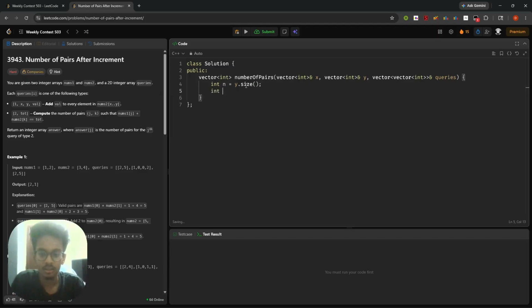And let's say b is the square root of n, and we take an extra +1 because the size should be slightly greater. Let's take it this way, square root of n +1. Okay, fine. Int k is equal to,